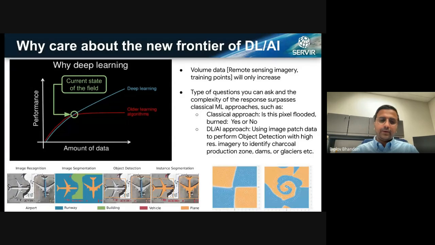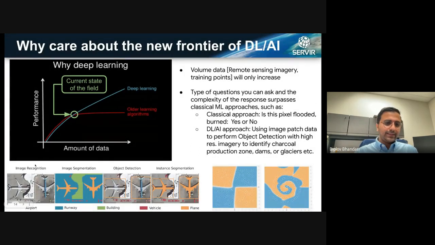We talked a lot about random forest yesterday, and we ran an example and saw that it gives really good results. But as the size of your data sets keeps increasing, some of these older algorithms might not be able to handle the data, and that's where you really want to use some of these modern algorithms to make use of this data volume that will only go on increasing.